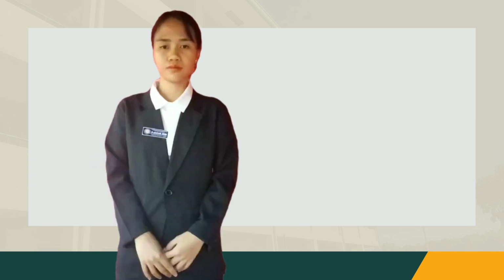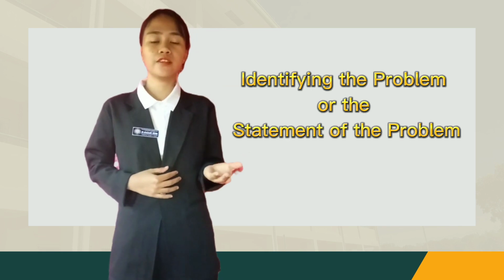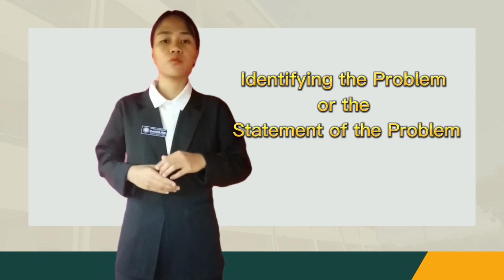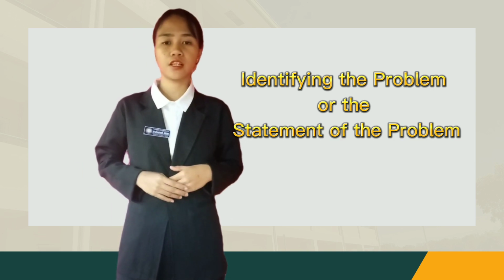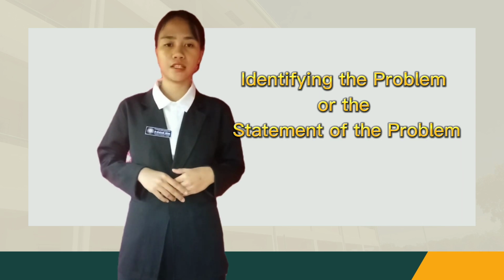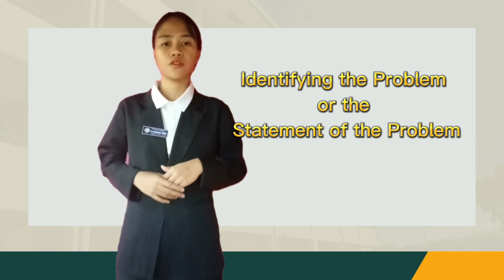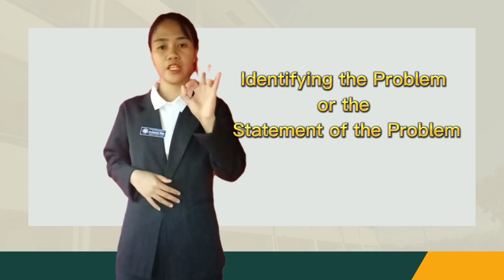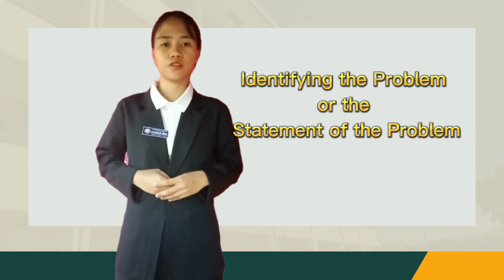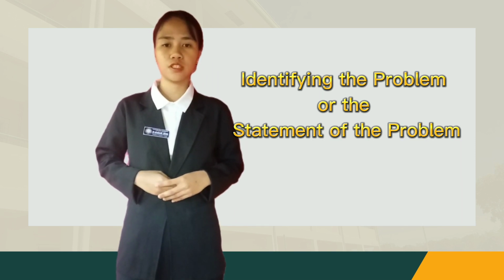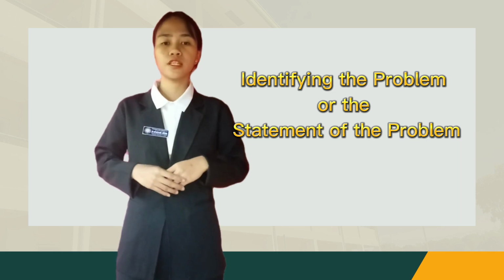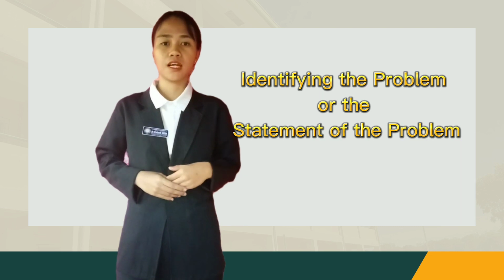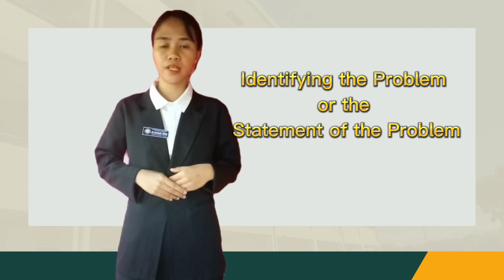The second part is identifying the problem or the statement of the problem, which was, number 1, what are the challenges affecting grade 10 Dalton students' behavior towards academic performance? Number 2, how does the behavior of the students affect their academic performance? Number 3, sometimes students are having side conversation with their seatmate during discussion. Number 4, students' behavior can be affected by health problems, personal or family problems, adjustment, or developmental issues.